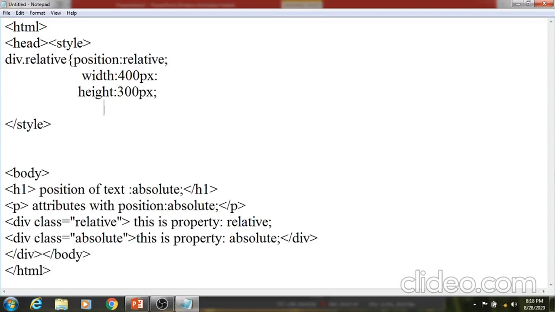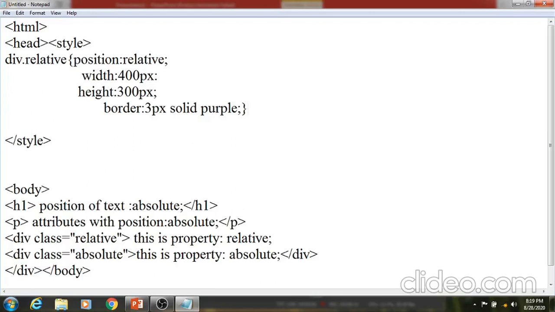If we require, we can add a border to that text, again in pixel form, 3 pixels, with a solid line that has some color. So I am going to add these properties as a block. This is for one class, which has position relative.